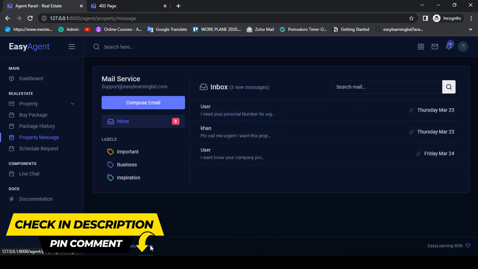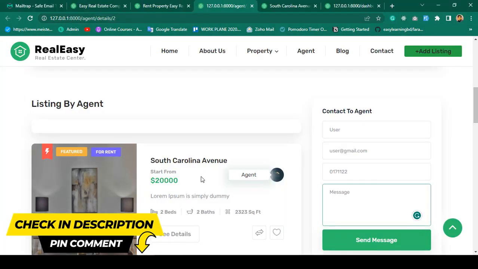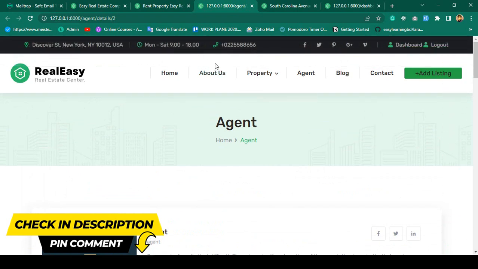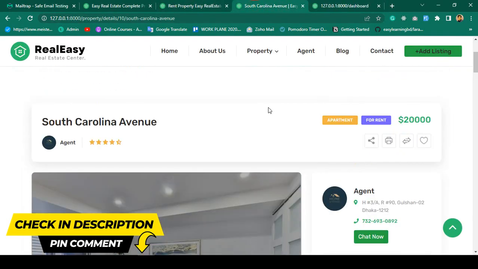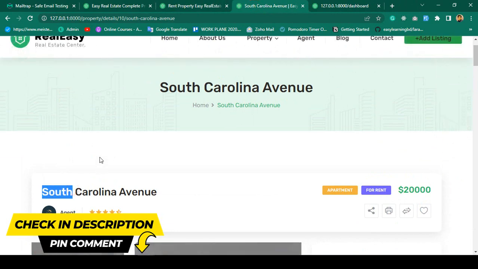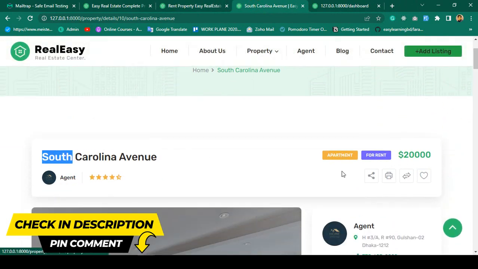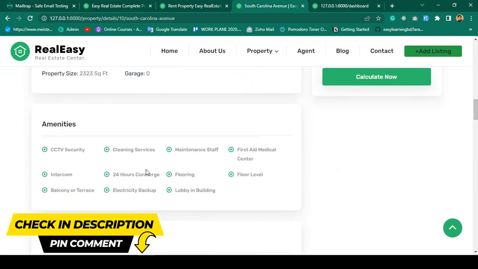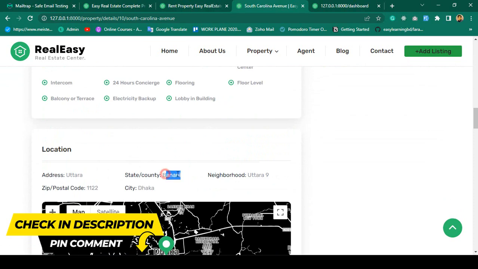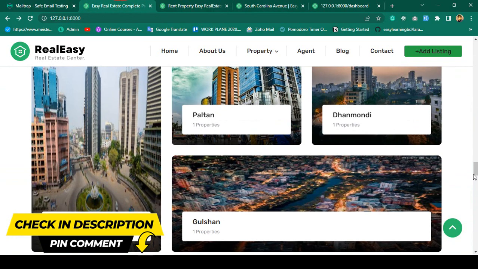So there are so many advanced functionalities I have actually tried to cover. Okay, here I successfully did this job, and that is our property. And if you search it, like that is our south, I want to search it by apartment. Okay, that is the apartment that is for rent. And also here if you go, our location as Bonani. Okay, if you also go to our home page,